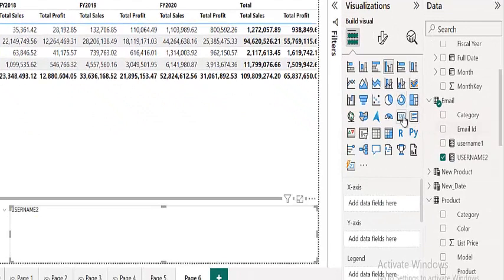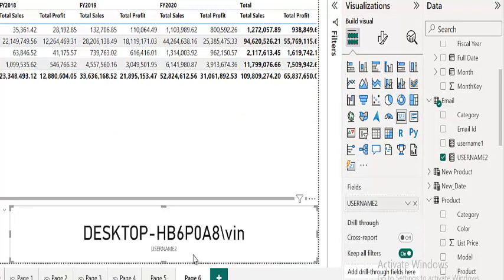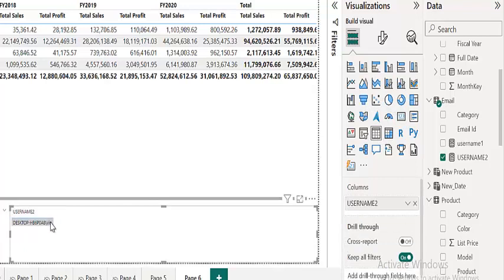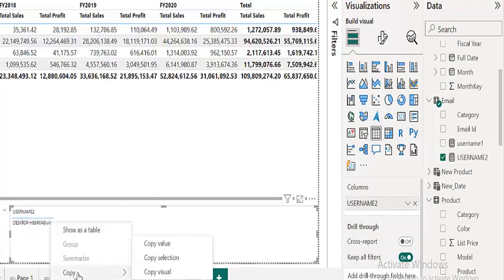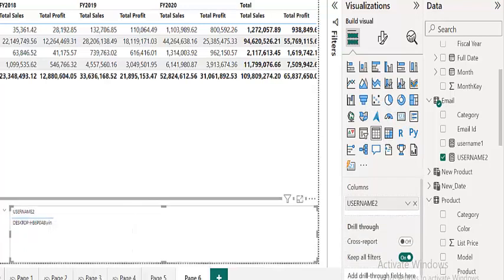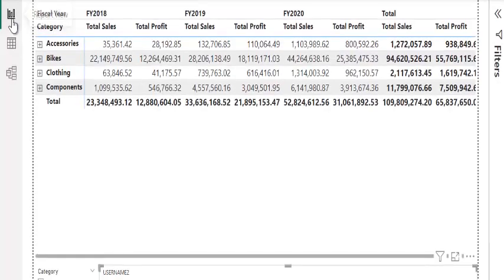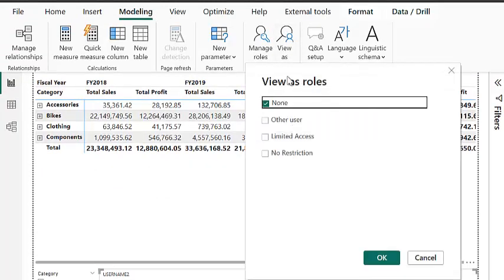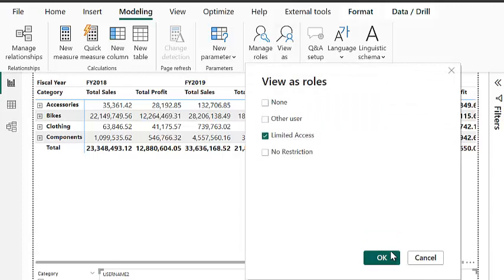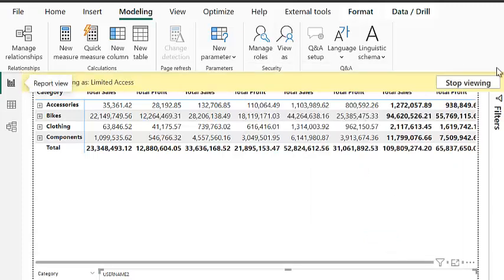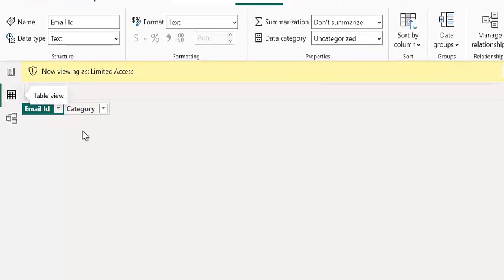So the moment I change it to this, you see, I try viewing as this. I can't view anything. Now, the moment I change this email ID here,